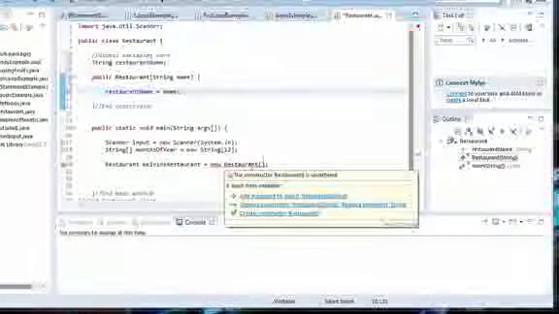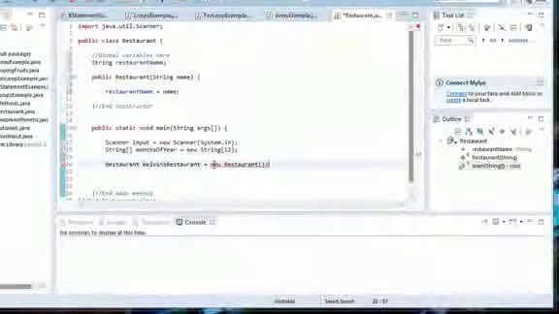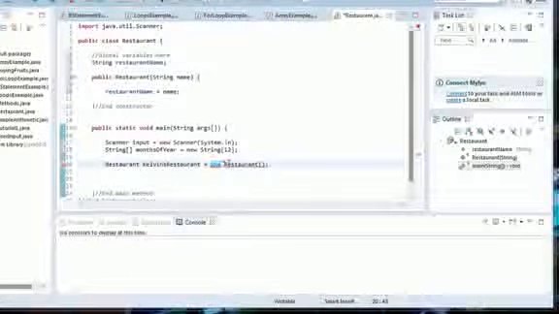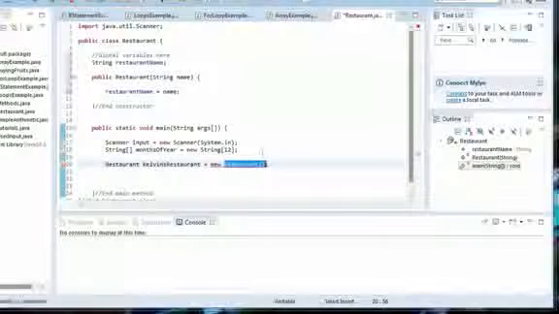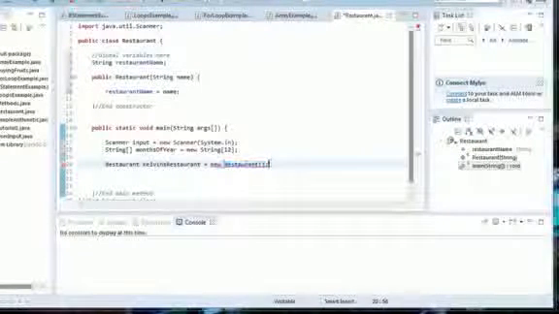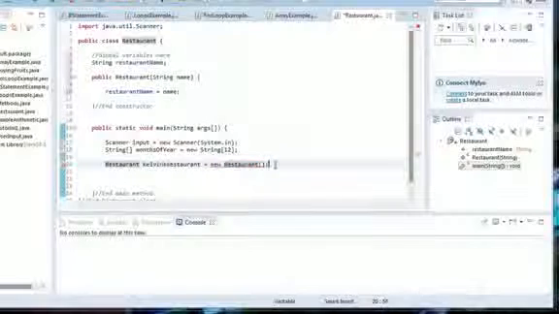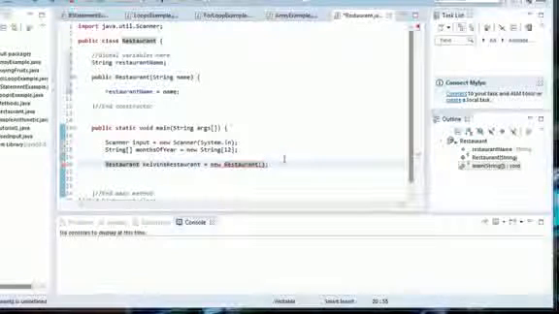And Java here is giving me an error because when you say new restaurant, it looks for a constructor that has these parameters, and in this case the parameter section is empty, so right now it's empty. So what you need to do is specify a name. See, string name. So I'm just gonna say Kelvin's